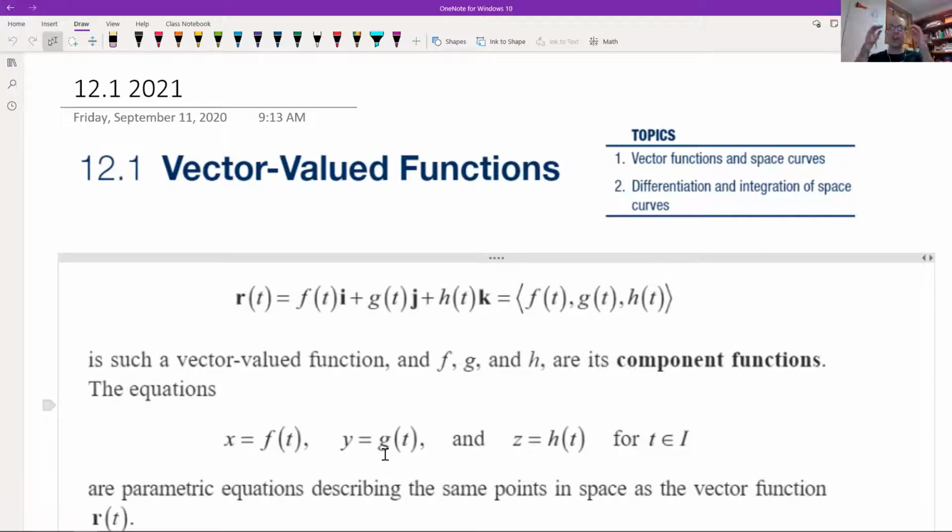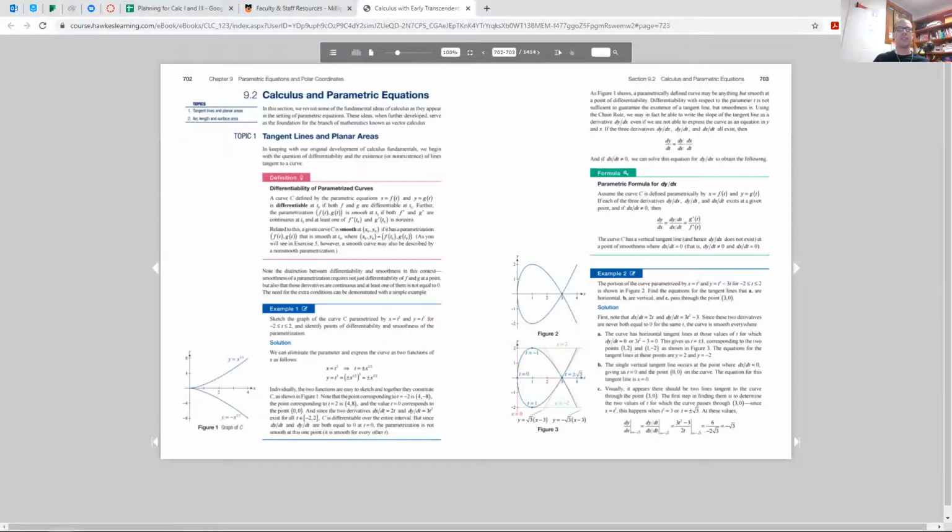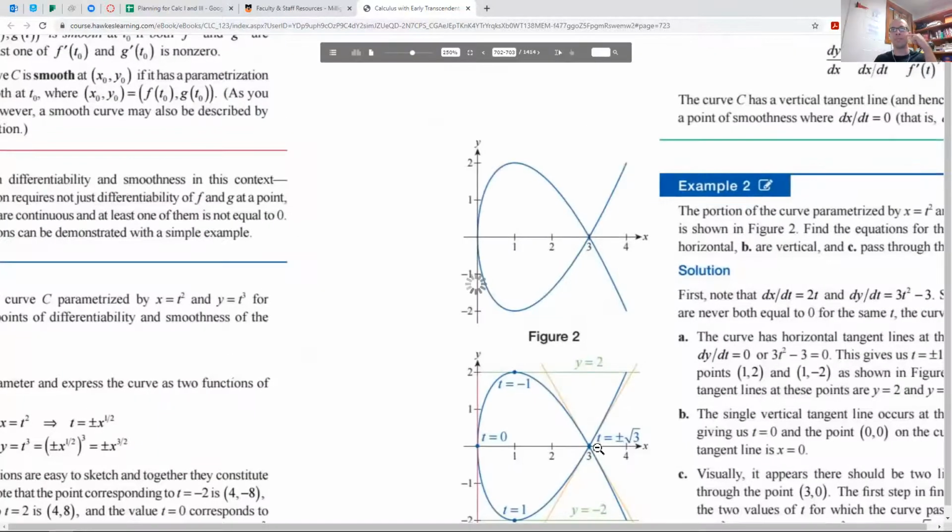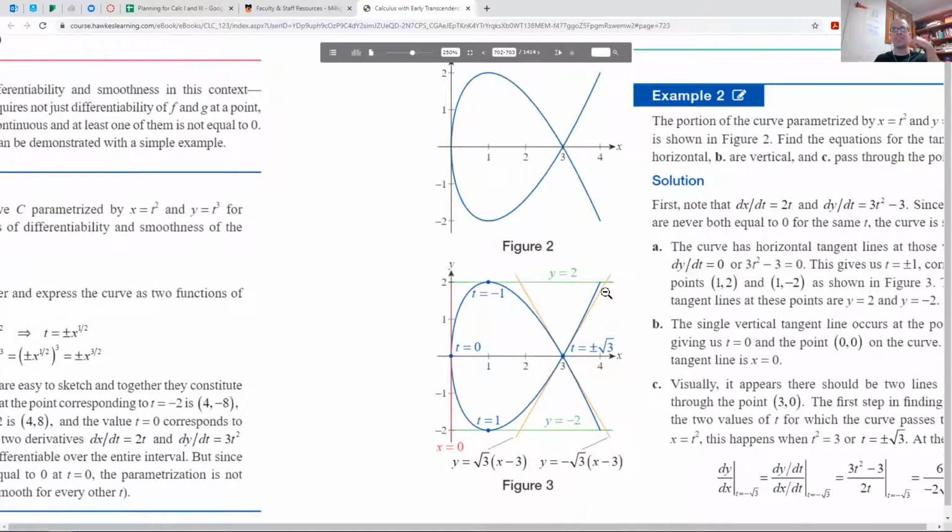So we are still in 3 dimensions, but the idea here is that we are working with parametric equations that are vectors. In the past, you may recall in chapter 9, doing some calculus on parametric equations already. You know, for instance, this fish shape